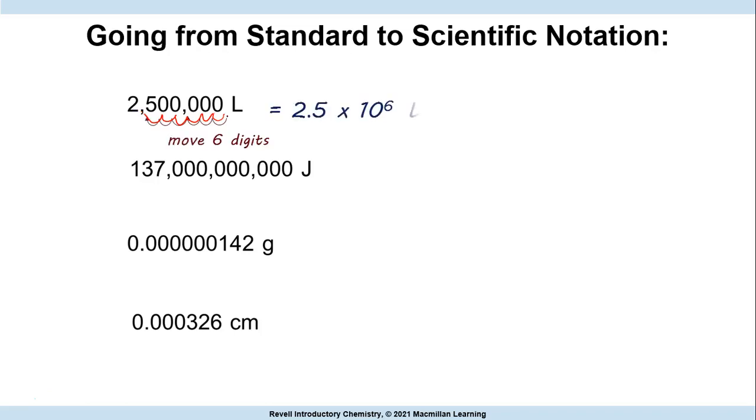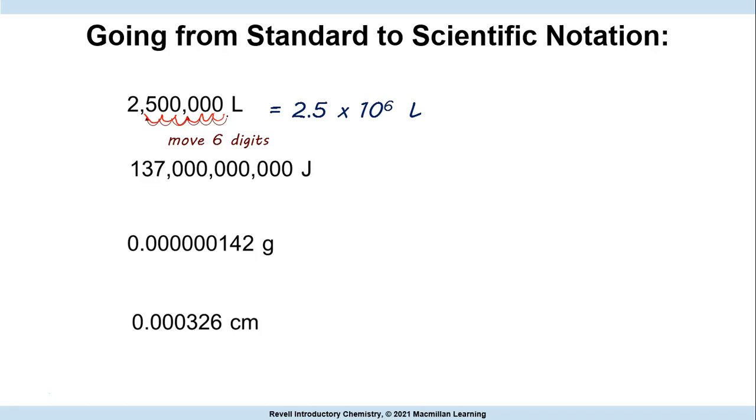Okay, so that is exactly what we have. So we are moving 6 places to the left. So that gives us 2.5 times 10 to the power 6 liters. The units are very important because anything without a unit doesn't really make sense. Looking at the second example here, we have